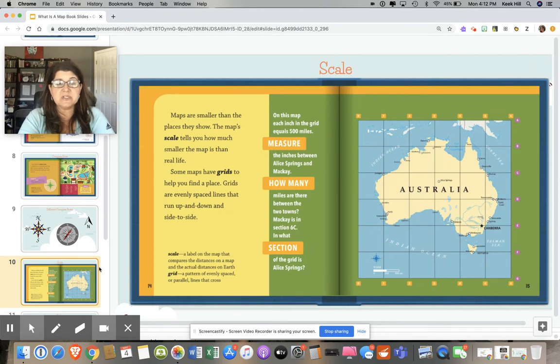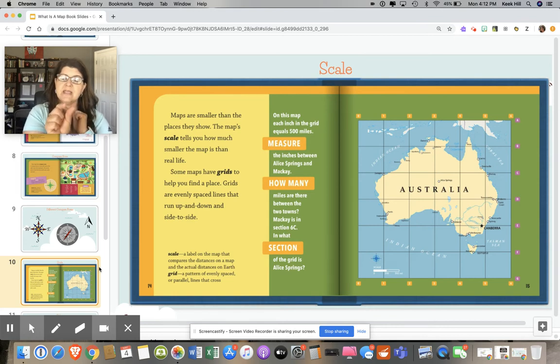Scale. Maps are smaller than the places they show. The map scale tells you how much smaller the map is than real life. Okay, so this is a map of Australia. Do you think they could fit all of Australia in the map? No way. So they shrink it up and put it in there, but they make it what they call to